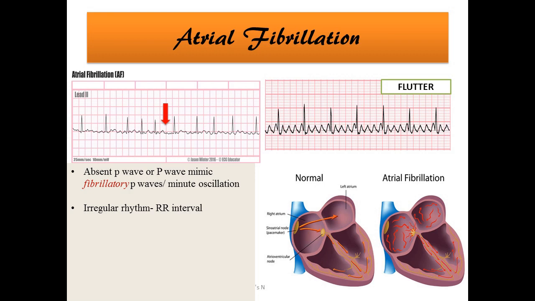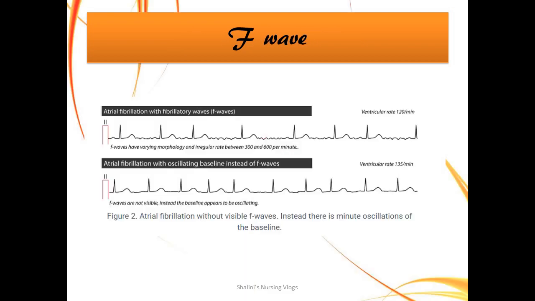Next thing is there is an irregular rhythm. So the RR interval is not regular, or the rhythm of the strip is not regular. Now if you look at the RR interval here, you have two boxes. On the next, you have 3.5 boxes mostly. Okay, 3 boxes, let's say. So the rhythm is not regular. The next thing is the rate is almost 400 to 600 beats per minute, and the number of QRS complexes is half the number of P waves. So that is atrial fibrillation.